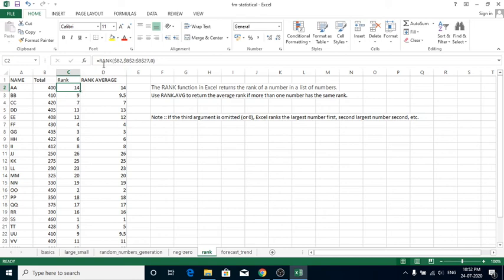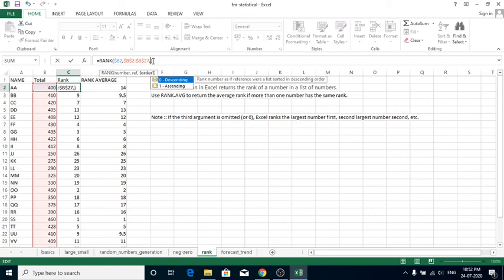So here we have the formula equals RANK of B2, that is on the basis of total mark, comma, the range values, that is the whole total cell values, comma, the third argument is the order, that is ascending or descending. 0 denotes descending and 1 denotes ascending.